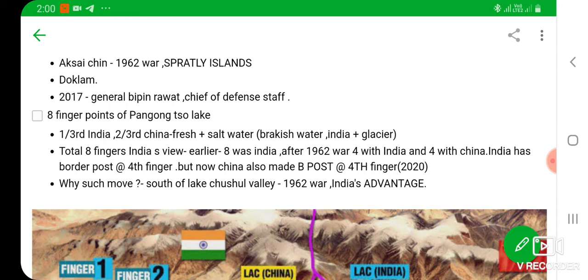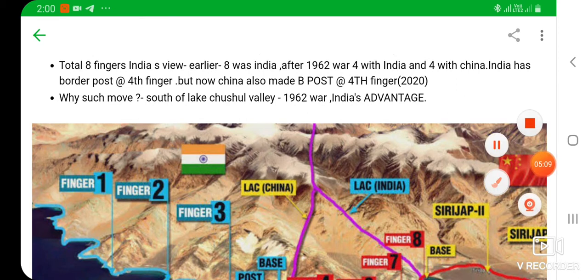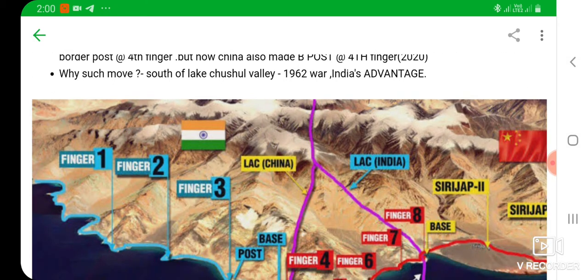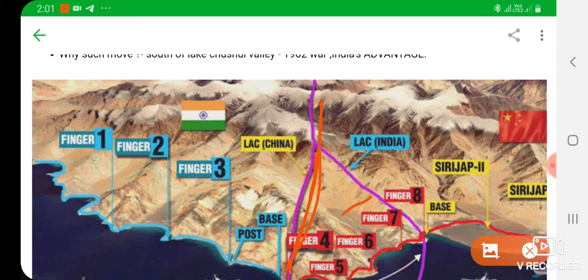So far, what has been going on is that out of these finger points they have set lines also. This is one line, and another one is here. Here 1, 2, 3 and 4. These 4 points were considered India's mountains. The fourth was under conflict because China claimed that this is their finger point or their mountain. Anyway, India considered this as the LAC.